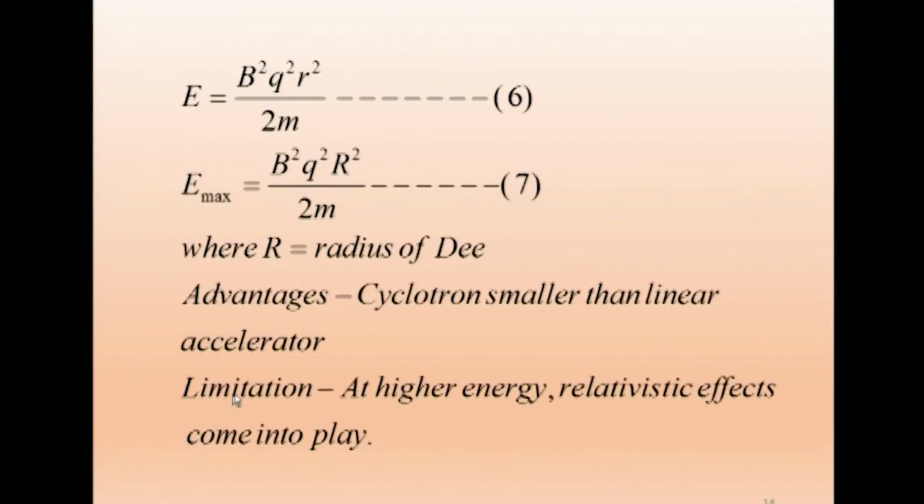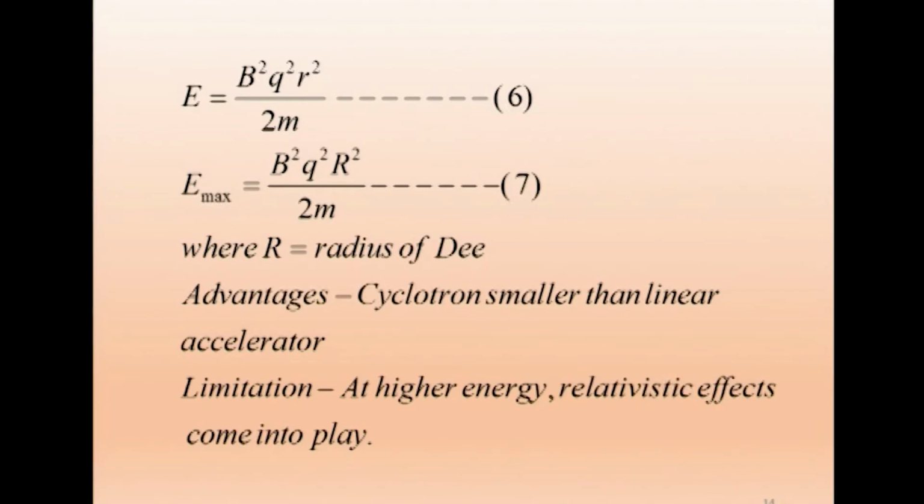Now this limitation is there. So the next thing you will be studying is the synchrocyclotron. So this is the cyclotron. When you say synchrocyclotron, it has to synchronize with the increasing energy. So there, from the expression we saw, when the mass is increasing, the frequency has to decrease. That is exactly what is done in a synchrocyclotron. The magnetic frequency will be larger initially, then as it goes, the frequency will be slightly reduced, in order to accommodate the fast moving particles.